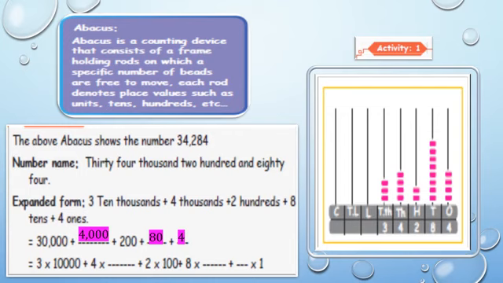So in the next column, how to fill it? 30,000 is split into 3 into 10,000. Am I right? So 4 into 1000 should come here. 2 into 100. Then finally 8 into 10. Then finally one more is there, isn't it? 4 into 1 equal to 4. Like this, we have to fill this column.